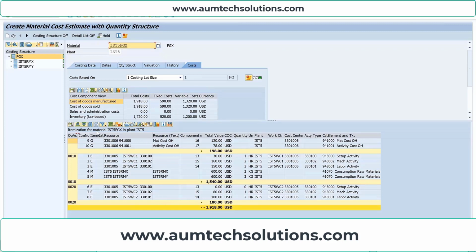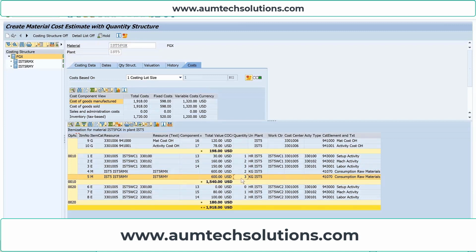Below you can see the itemization of this material in plant IST5, that is the detailed breakup. You have the raw material cost, which is 600 for IST5 RMX, which is 2 kg, and for RMY, that is 3 kg.